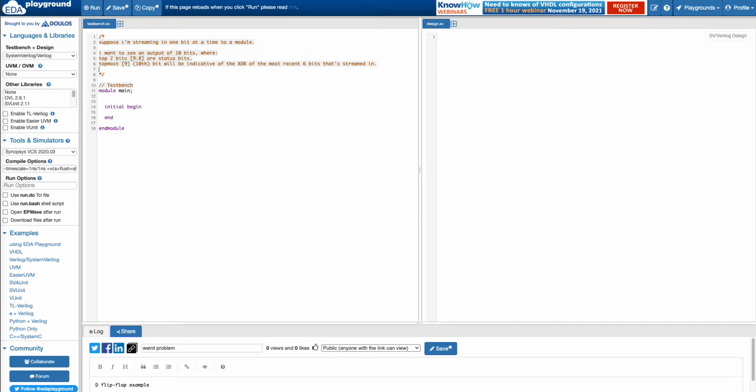And let's say the second topmost, the 9th bit, will be indicative of if the sum of the first 4 bits, if the sum of, let's say, the